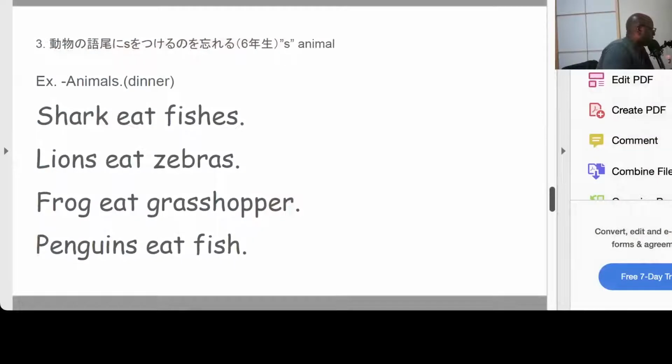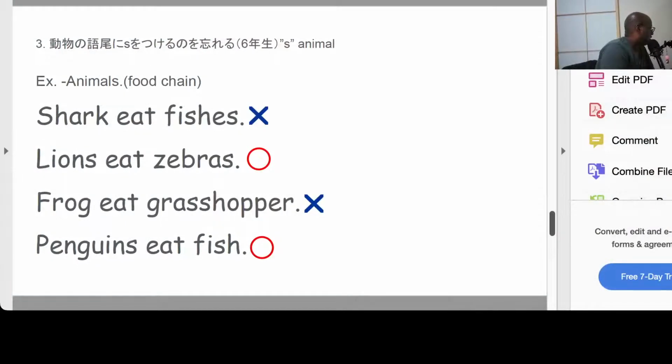Okay, so here we have shark eat fishes. So shark eat fishes is not right. This is incorrect English. Shark eat fishes. Lions eat zebras. Okay, that's correct. Lions do eat zebras, and lions with an S, and zebras with an S are both normal animal words. Understand the